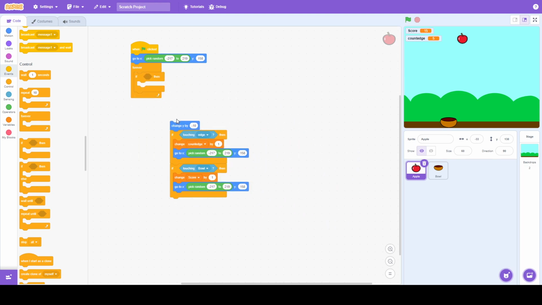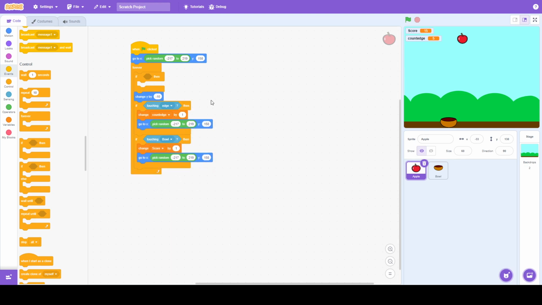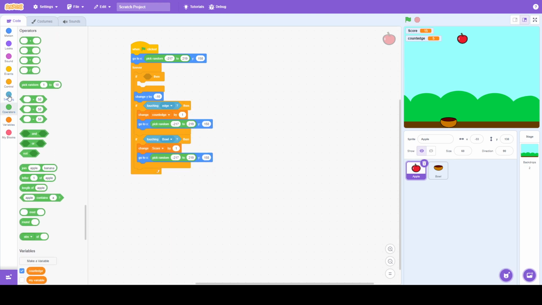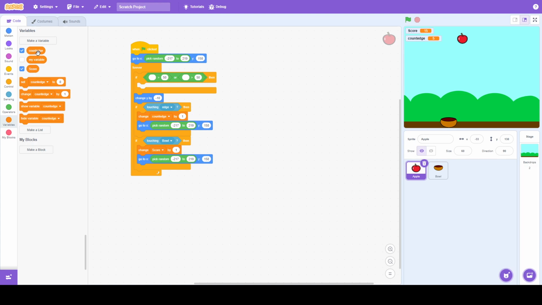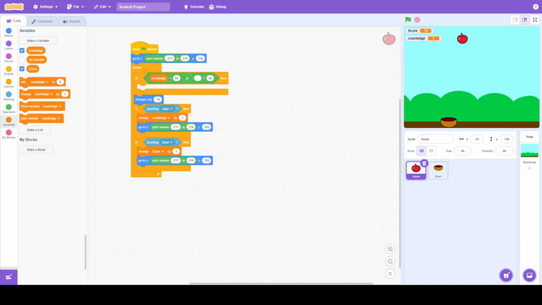Just put it over here, and then we'll use an operator where we'll check that we will be using two logics. So we'll use or, so this or that. We'll bring in two blocks, this one or that one. All right, now we'll go to the variables and make sure that if count edge is more than